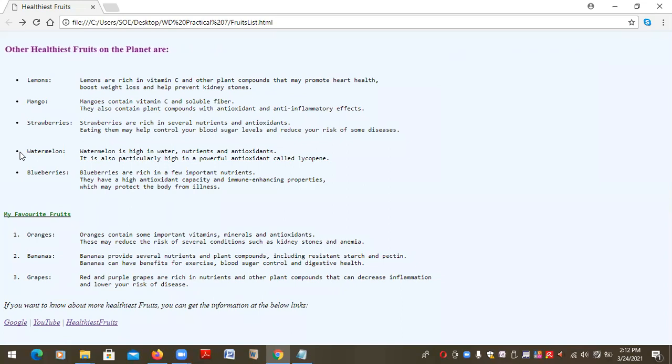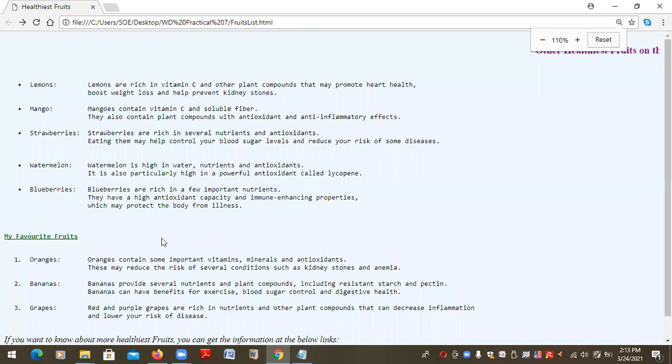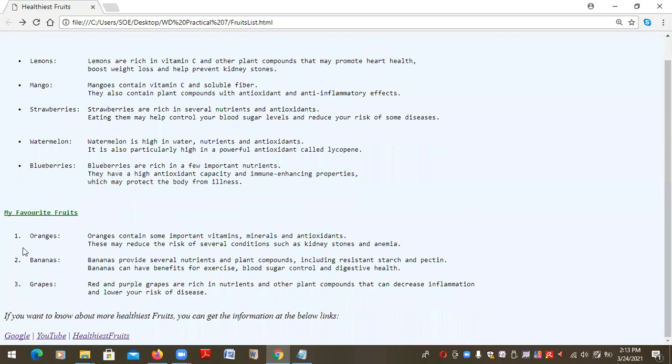This is an unordered list with a dot, dot, dot. And this one is 1, 2, 3, which is the ordered list. And here again, for example, I put the bold, and the color also I put, and then underline. This is all we learned before. And here I use the ordered list.